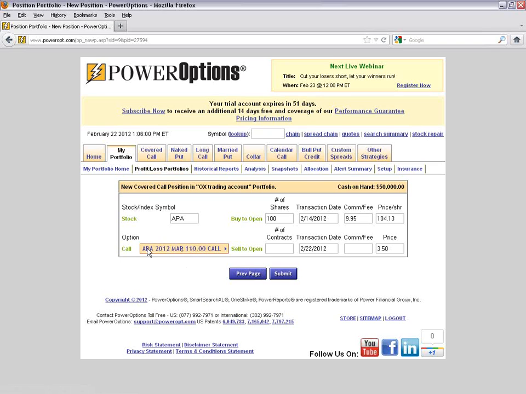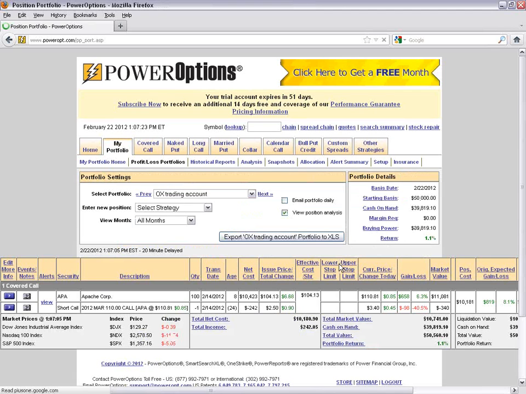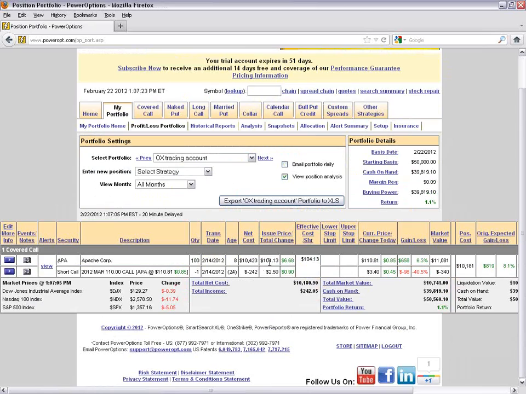It's a hot link there, so then that puts in the information. We sold one contract. We sold it on the same date, February 14th. My commission fee, let's just say it was $7.95. I changed my price. Okay, I'm going to change that to $2.50. All right, so very simple. Let's click Submit. Now we have our one covered call for Apache entered in the position that we opened on